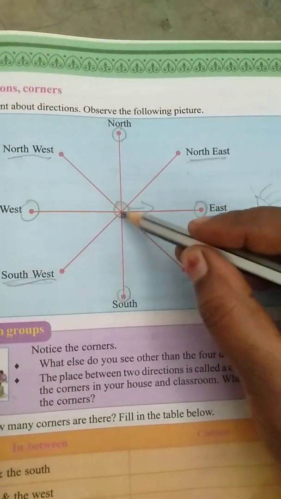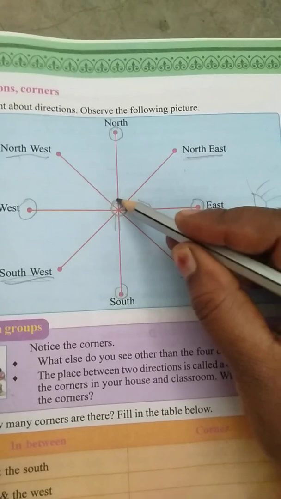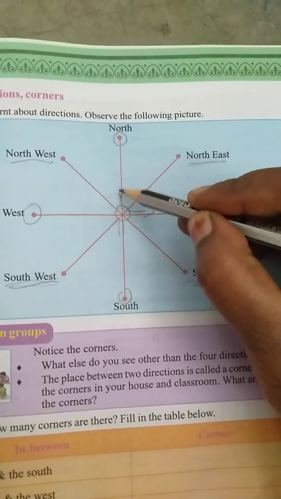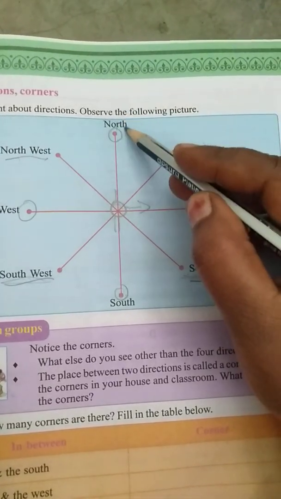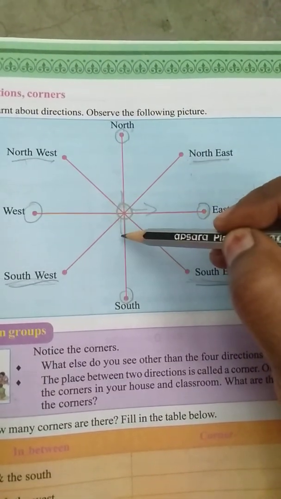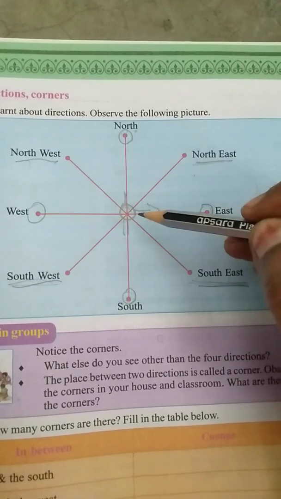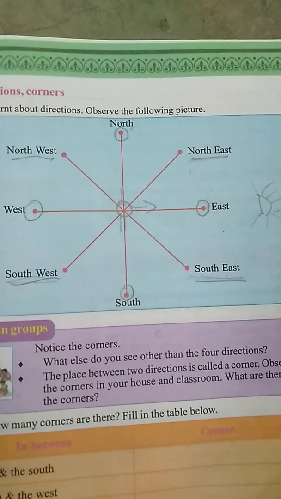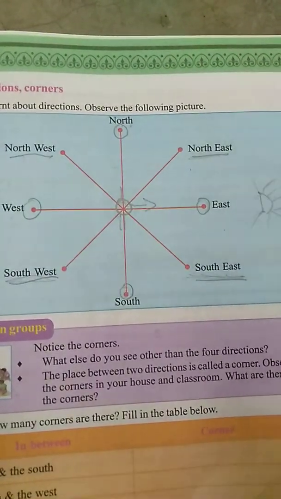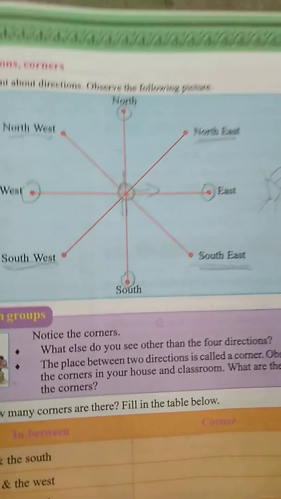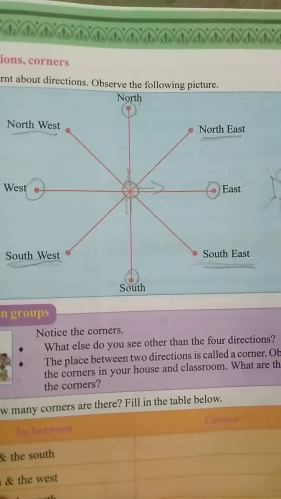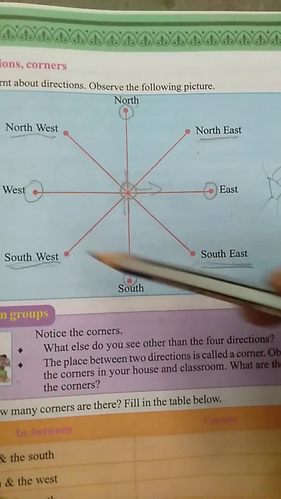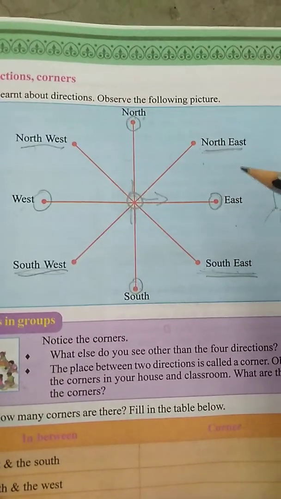Now these are your two hands. This is your left hand, this is your right hand. Always the left hand shows the north, the right hand shows the south, and your back shows the west. Understood everyone? So whenever you find out the directions, you just have to face towards the sun. The remaining directions you will find out automatically.